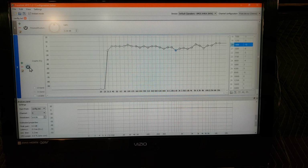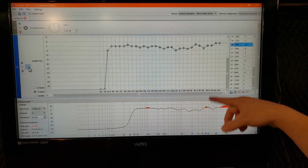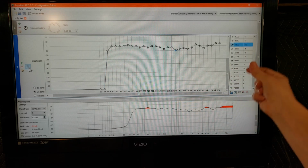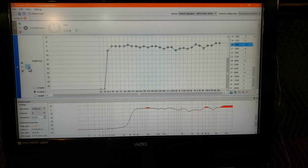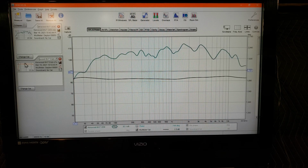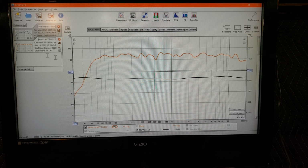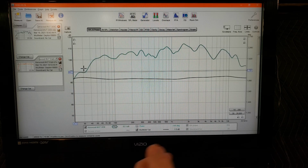When this is black, it's off. You see the EQ's gone. I can turn this on and it's back, on and off, and I can instantly hear the difference. And I've done this before on other speakers, and the way they were originally ended up sounding better than after I flattened them out. Some speakers, just their default response isn't that great, but it is a characteristic to the way they sound, and sometimes it is very enjoyable, and you might just want to leave it that way,